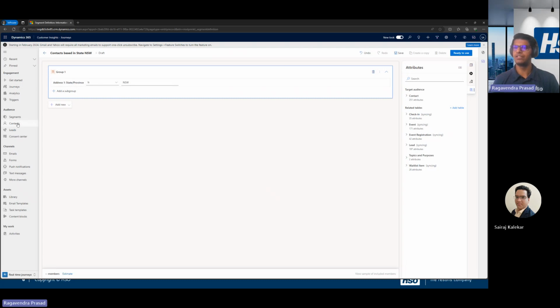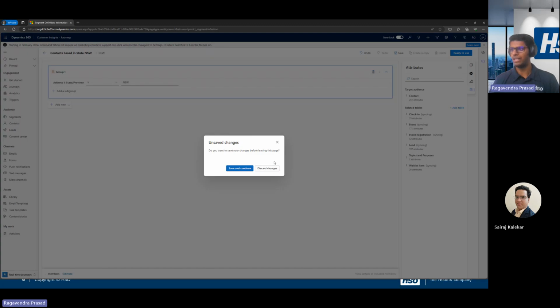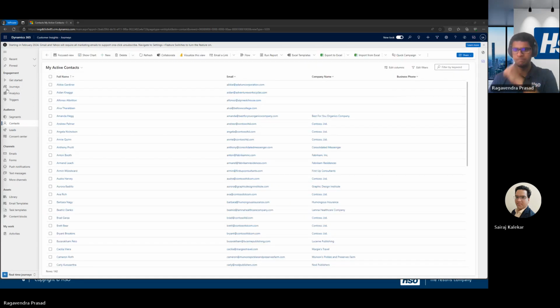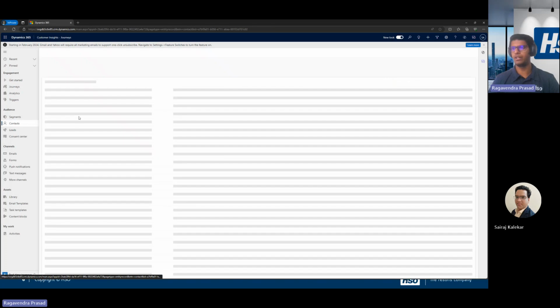So if I head straight up to the context area, we can see that the result that Copilot is coming back to us with is accurate, because one of the records that I've already pre-updated before this demo environment was with the address value with NSW. So if I go ahead to the context area, if I open a contact record,